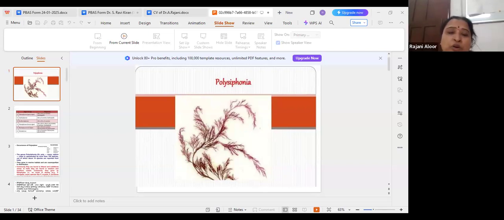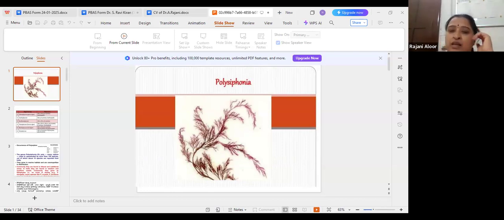Algal groups: chlorophyceae, green color. What type of pigments? Chlorophyll A, B, beta carotene, and xanthophylls. The second one, phaeophyceae. Xanthophyceae, bacillariophyceae also you should learn by heart. These are not only 3 classes; you can study 3 or 4 classes at degree level. But in the classification, I'll explain all 11 classes as Fritsch explained. So learn by heart the pigmentation of all 11 classes, the starch material, type of reproduction,